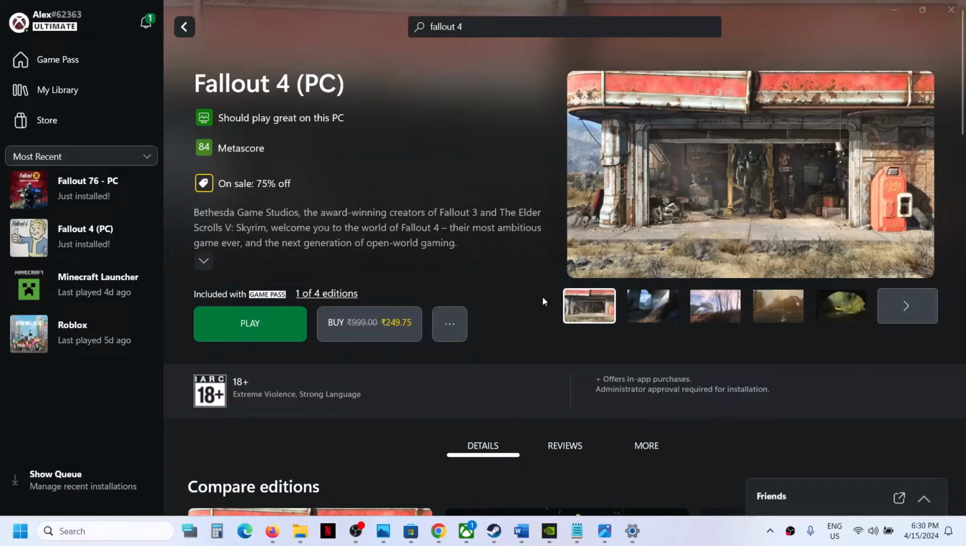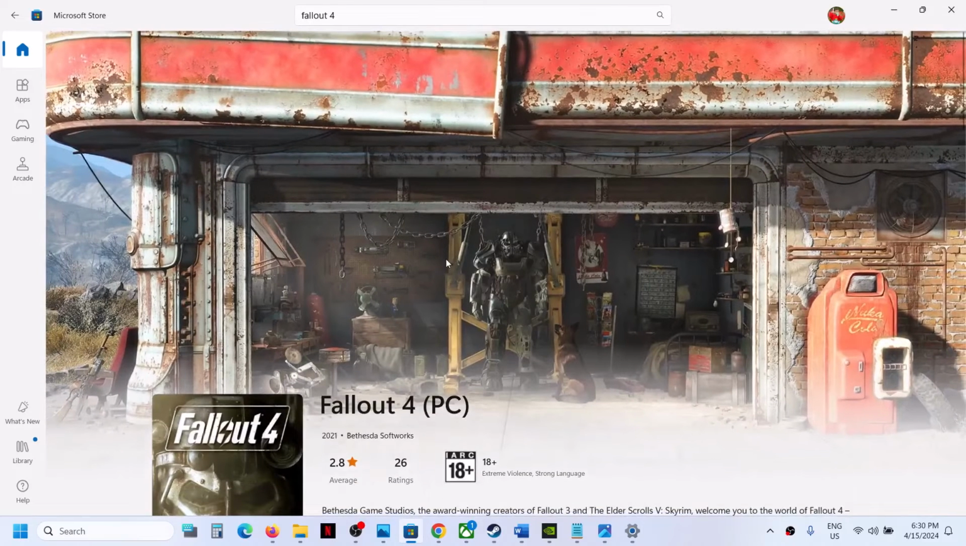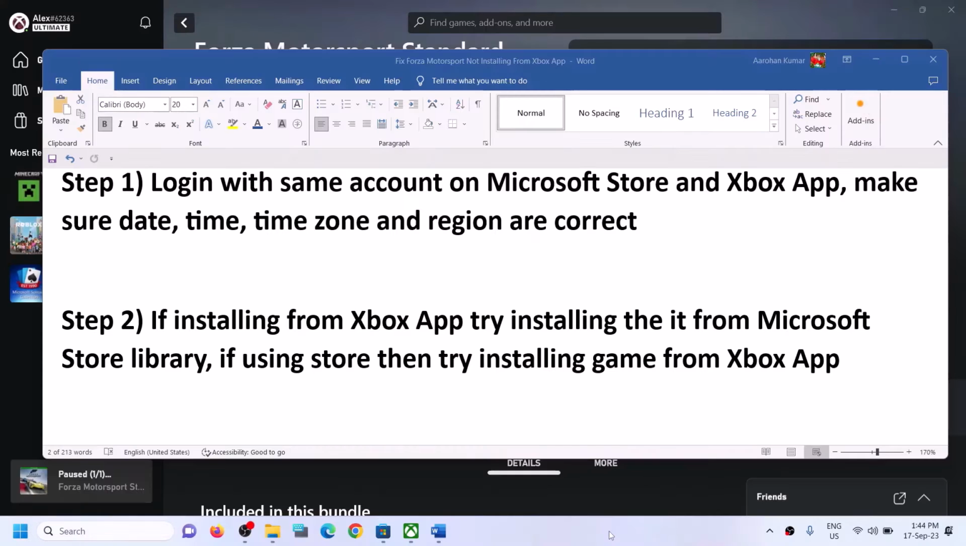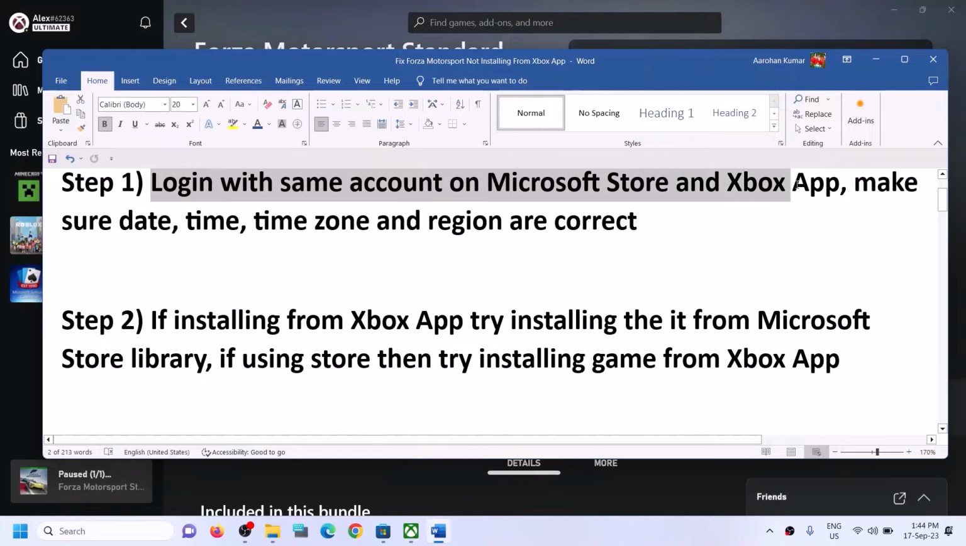Today in this video I'm going to show you how to fix when you're unable to install Fallout 4 game from Xbox app, or if you're unable to install it from Microsoft Store, then please follow the steps shown in this video. The first step is to log in with same account on Microsoft Store and with same account on